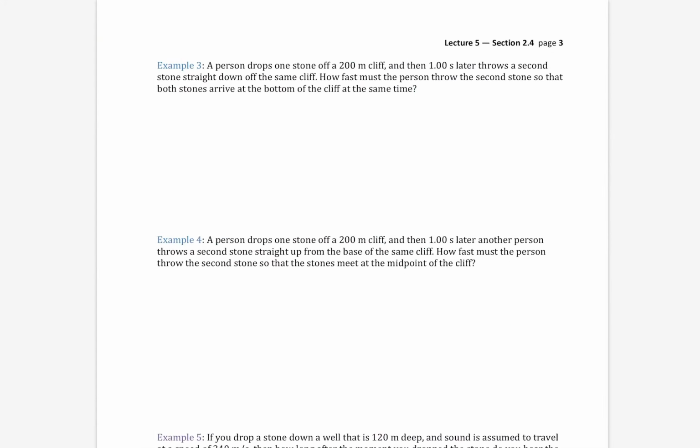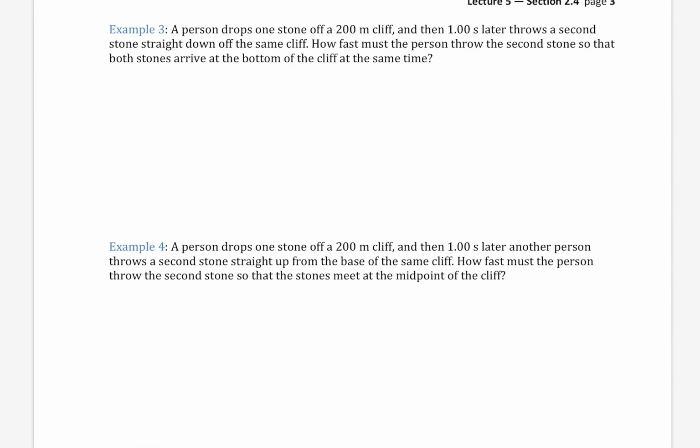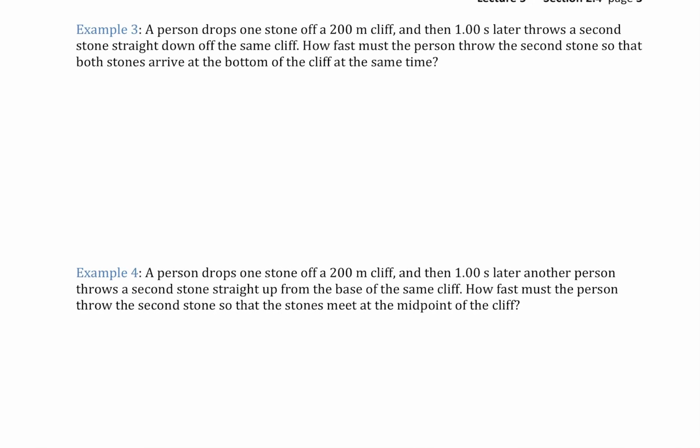So we got a couple more. I want to show you these two examples because they're really counterpoints to each other. They have a lot in common. They involve two stones that are arriving in the same place at the same time. In the one case, they're both traveling down. That's example 3. In example 4, one is traveling down and one is traveling up. And there's just really variations on the theme, but the answers are very different, and there's some important differences in how we solve them, even though they are similar in so many ways. It's really a testament to how small variations can really make you think in the nature of these types